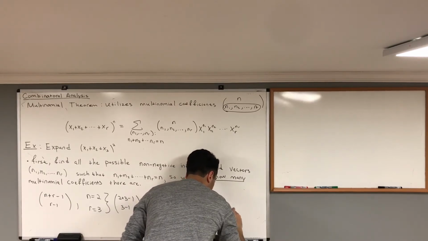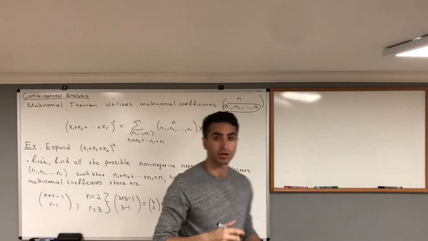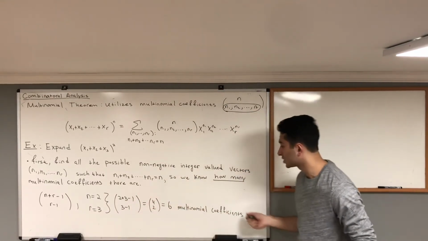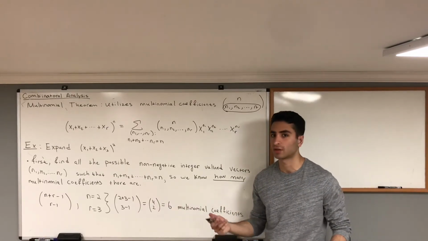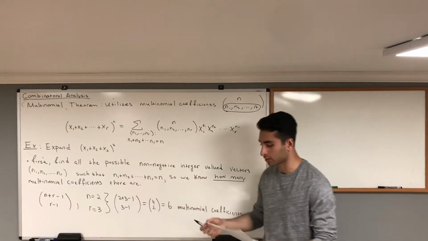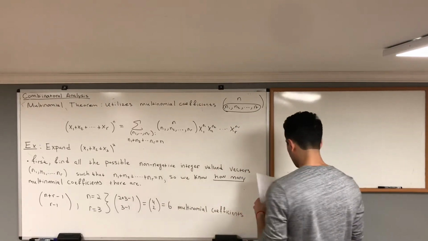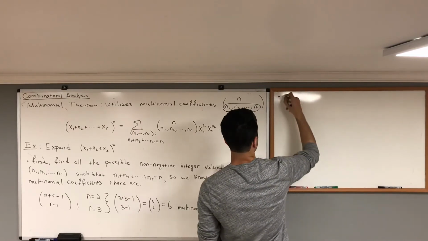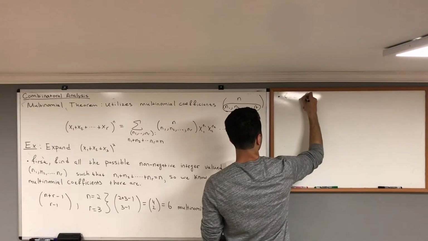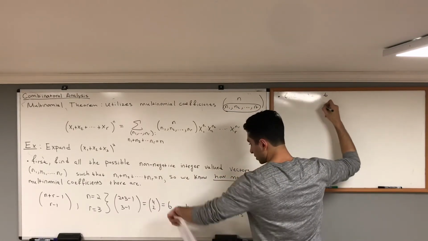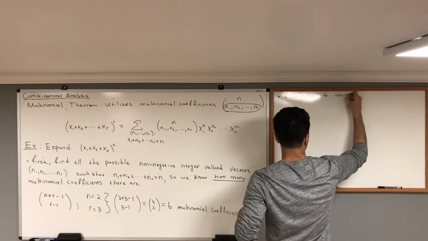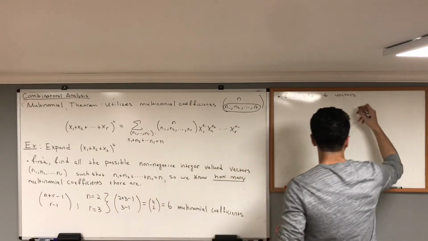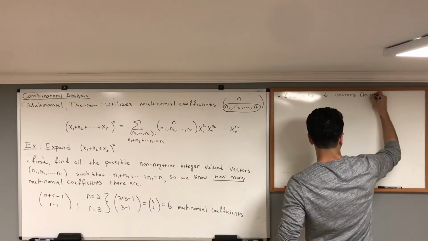And now that we know how many we have, this is where we actually start trial and error, kind of. We have to actually list them out. Because this tells us how many we have, it won't be too hard to find out what each N1, N2, and N3 is. So our next step is find the 6 vectors. Remember, 6 vectors, this is a vector, or 6 lists, right? 6 lists,